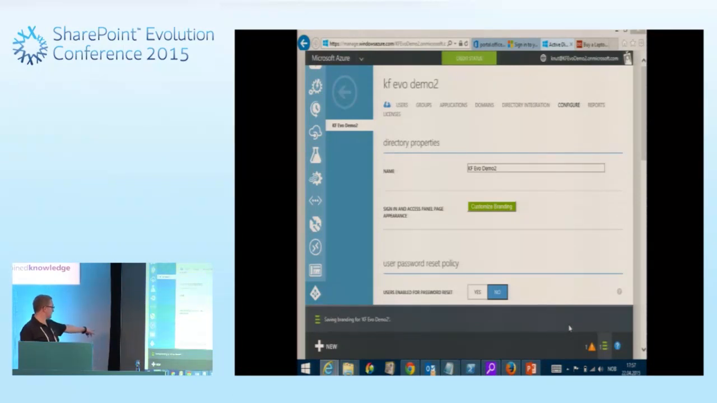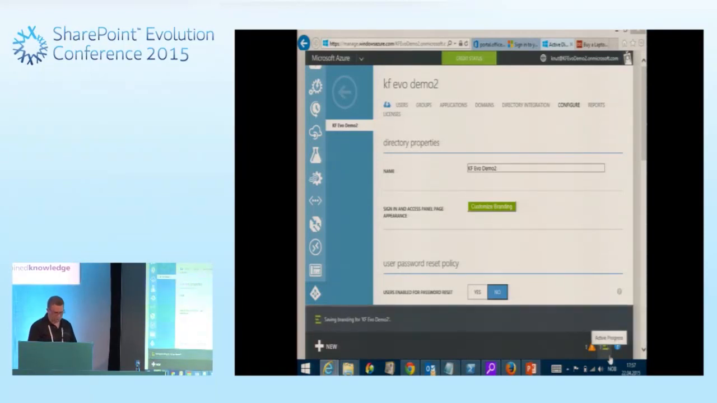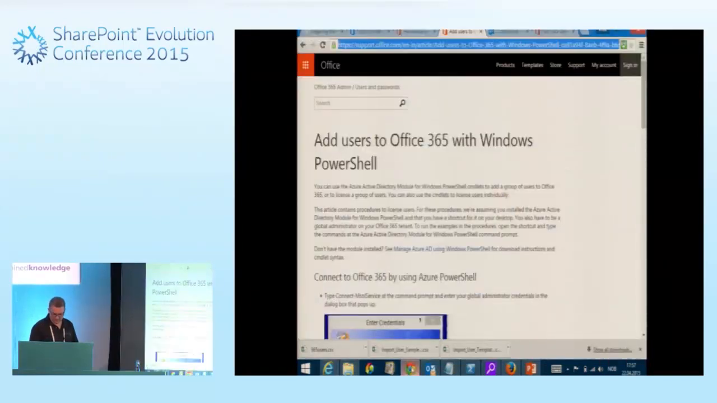And now you can see it's saving branding for my demo. So it works. It doesn't take a very long time. It goes actually quite fast. Yeah, successfully saved branding. So if I go then to my other browser,